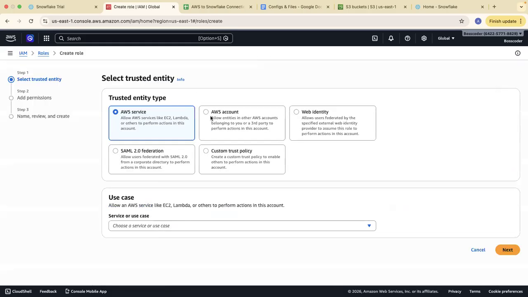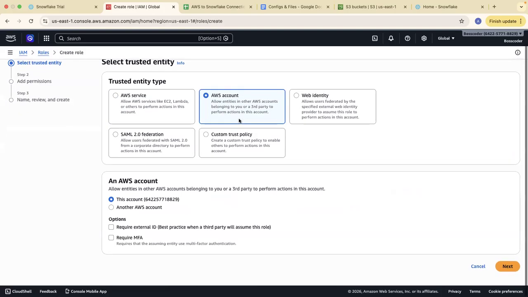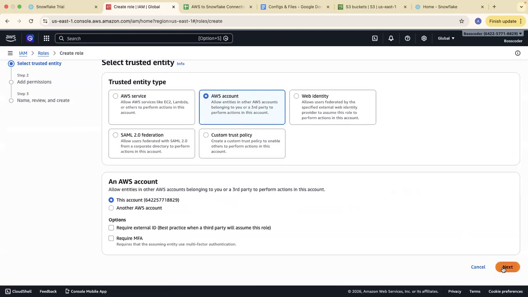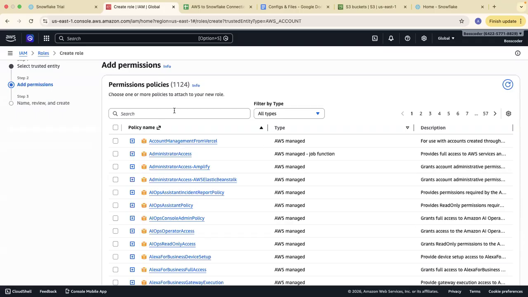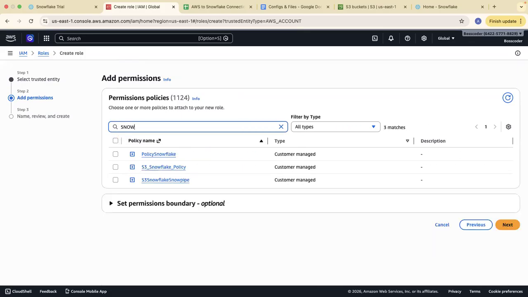In the create role, I will be selecting AWS account here, and I will click on next. Once I click on next, I will be searching my policy that I have created. So I have created a policy which is named S3 Snowflake. So this is not the policy.